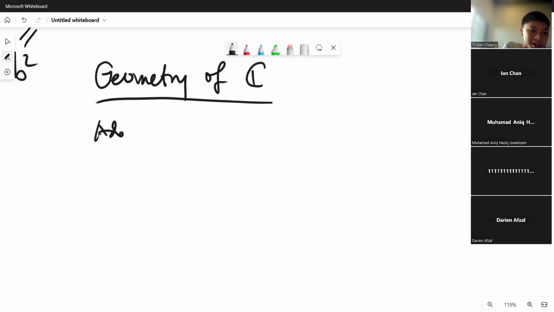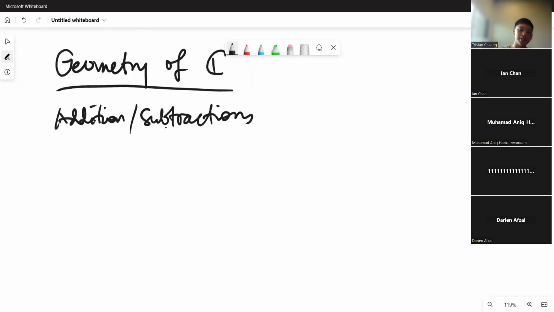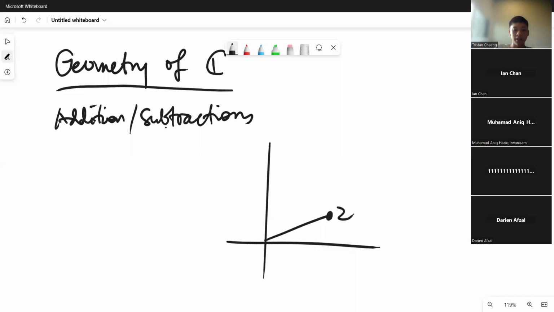So addition and subtraction is quite easy. So if you've learned vectors before,